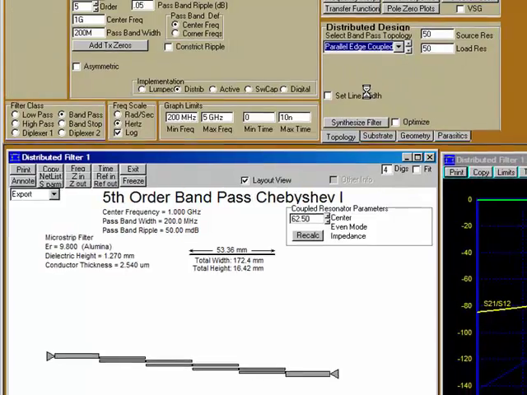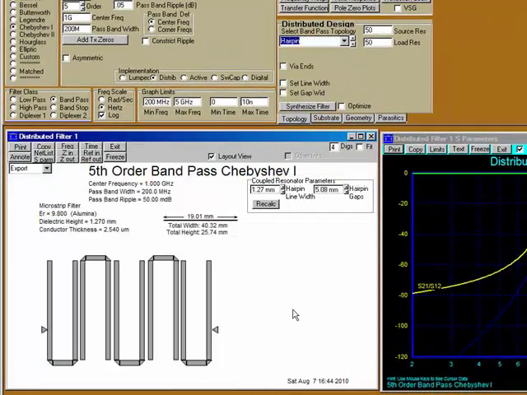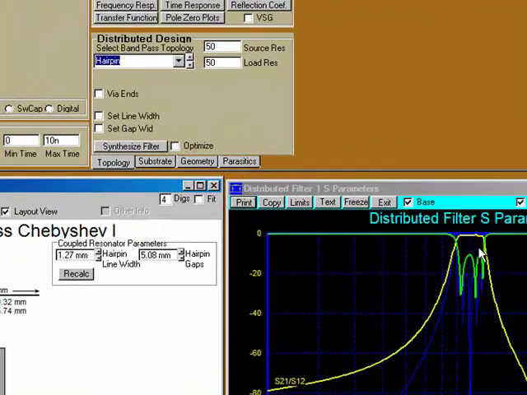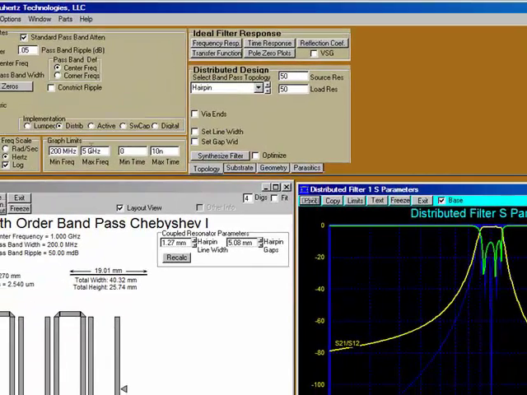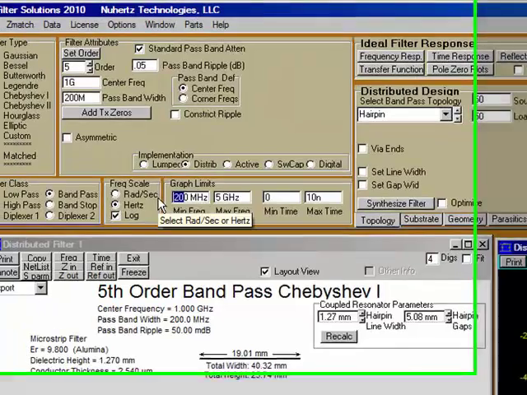We can look at a hairpin. And you can see our S parameters are all still very nice, what we would expect. We have very little insertion loss, about 1 dB. Zoom in on this a little bit better. Let's go with